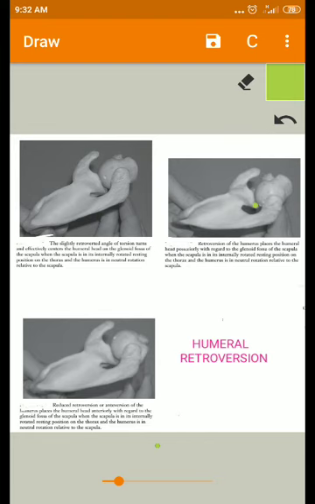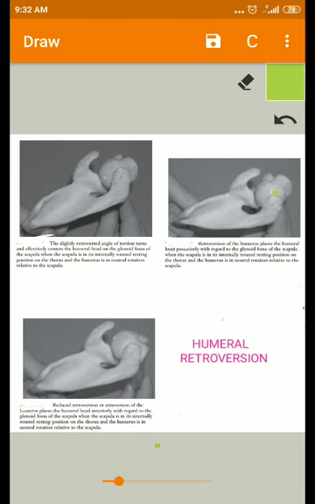So the humeral condyles are in the normal anatomical plane, but the head is rotated more posteriorly. So what is happening in this condition? The increased humeral retroversion may result in a greater range of lateral rotation of the humerus and reduced medial rotation. So very important, you should note that because of this.